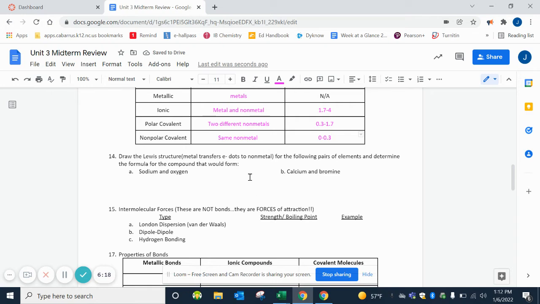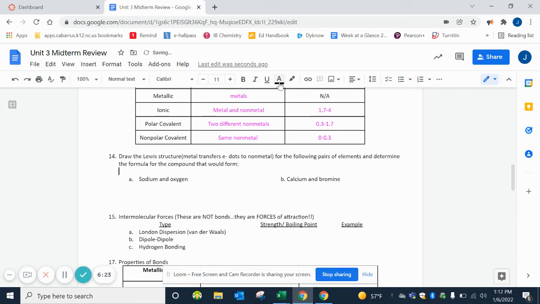Number 14, again, I can't draw these Lewis structures, but I can tell you how to do them. The first thing you want to do is recognize that it's an ionic compound this time. So we're going to use the dot diagrams. So you're going to draw the dot